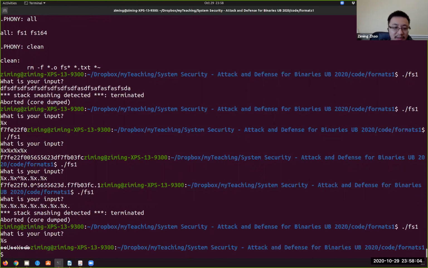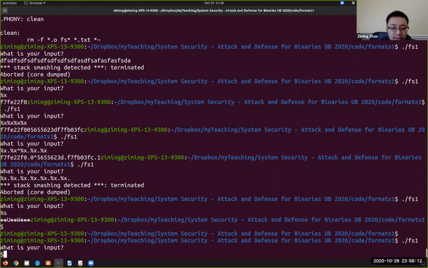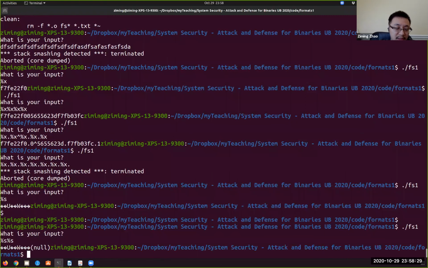Okay. Then the problem is here. You can see the next one is 0. So if we have two percent s here, what will happen? The first one we will get this. The second one we will treat 0 as the address of a string. And we know that address 0 you cannot access. It's a null pointer, right? So when you do that, you will trigger